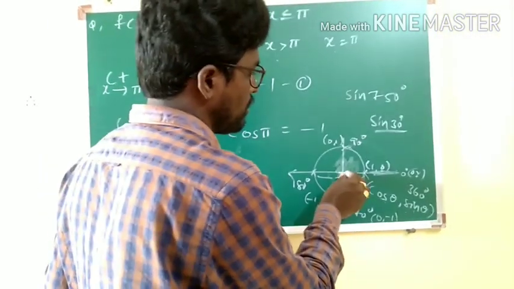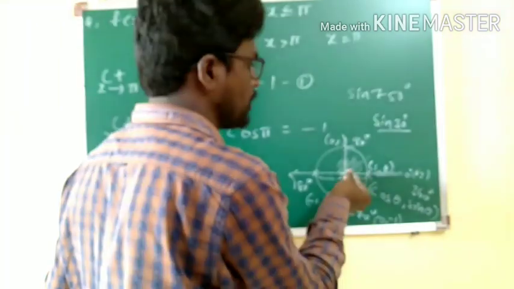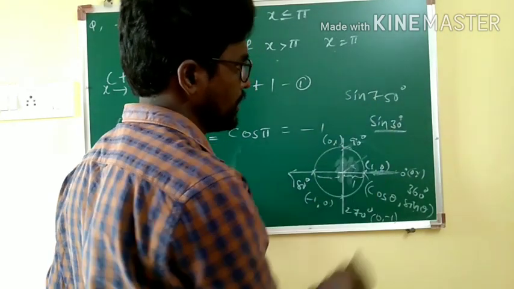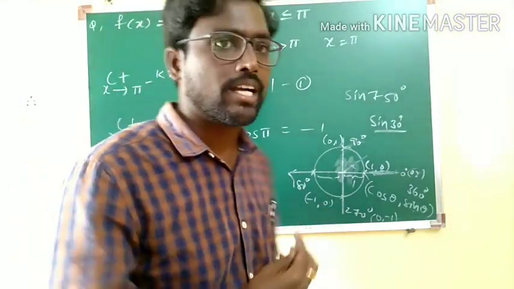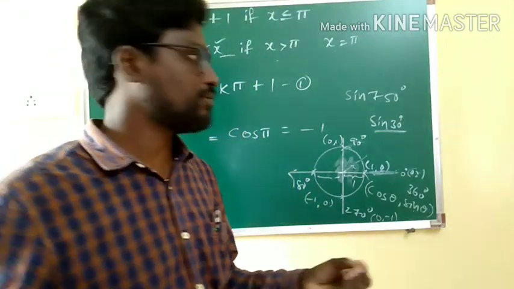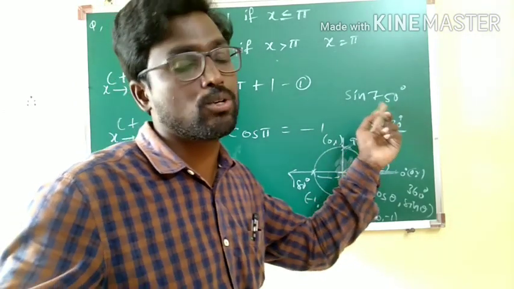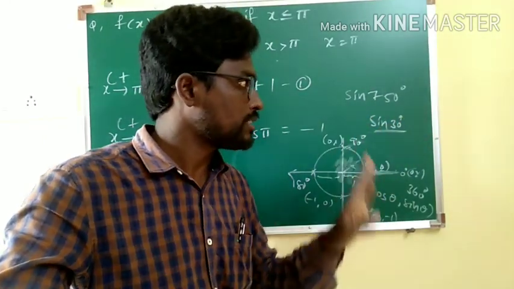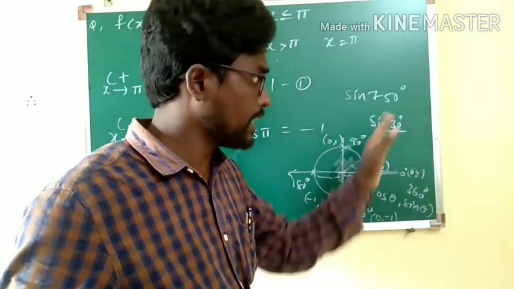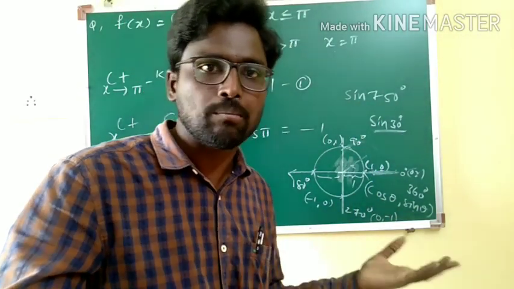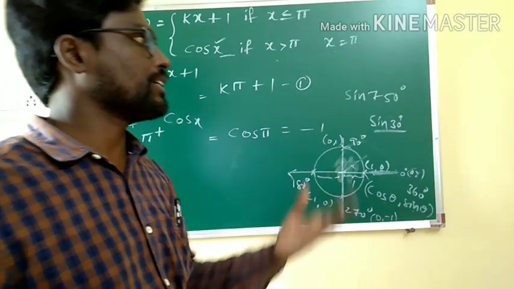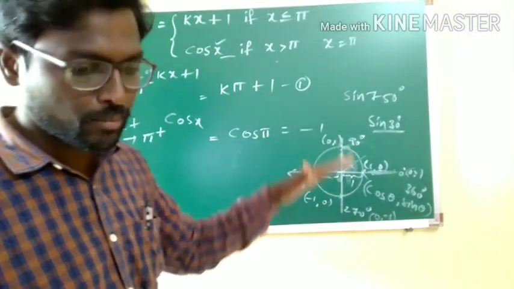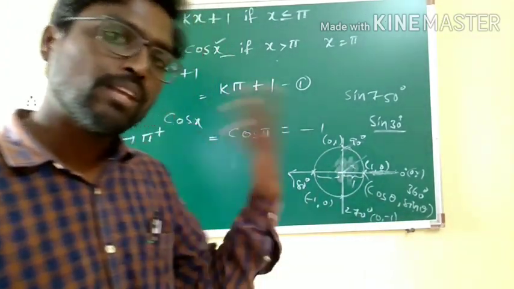If at all this particular ray is rotated 2 times and then arrives here, it will be equal to sin 270. That's the reason when you are calculating for sin 750, it is enough to calculate for sin 30 on subtracting 720 degrees from 750. So finally you will have only sin 30 degrees. What is sin 30? 1 by 2. Therefore, sin 750 degrees also will be 1 by 2. This is a method to remember trigonometric values and the way to calculate for higher degrees.